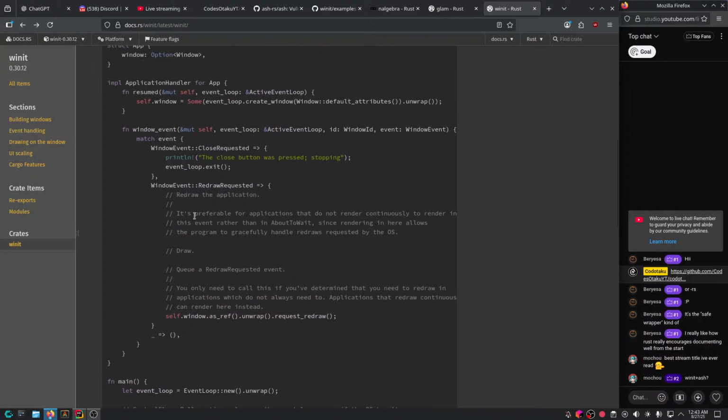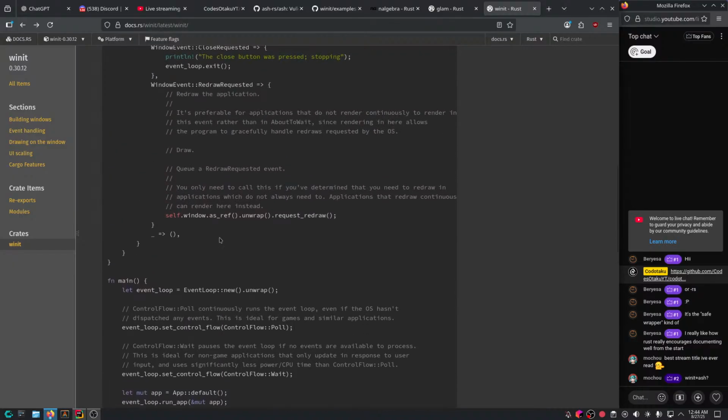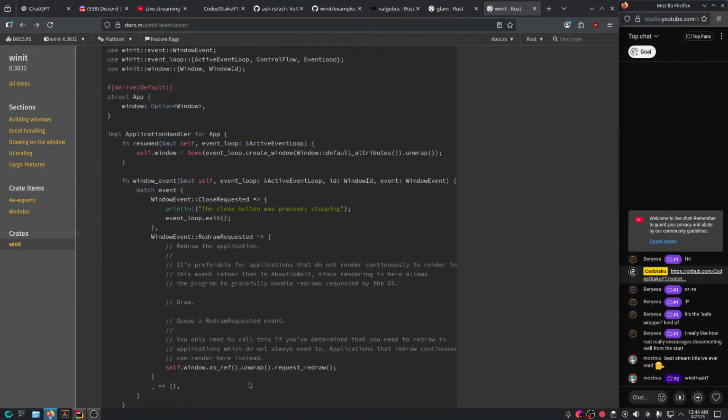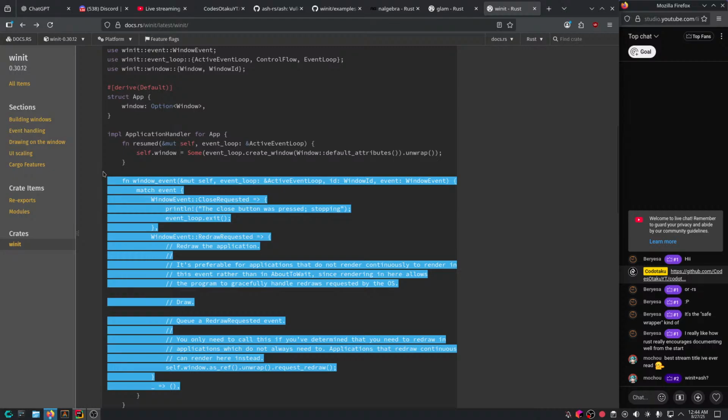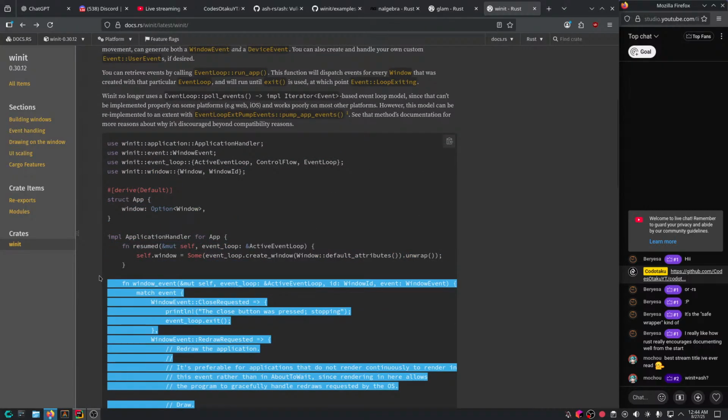And redraw requested. So in fact, by the way, this kind of design, it kind of felt weird to me before when I just started learning, years ago. But in fact, it's the cross-platform way, since some platforms like to own the event loop, right?